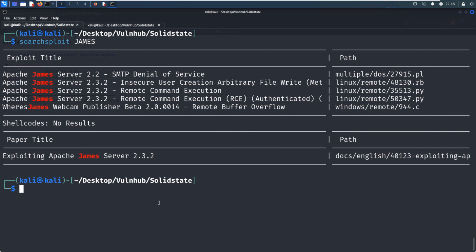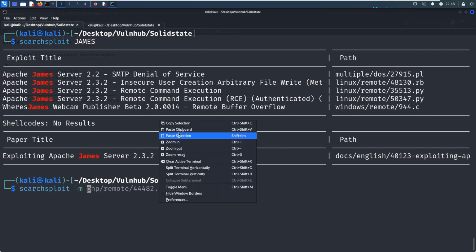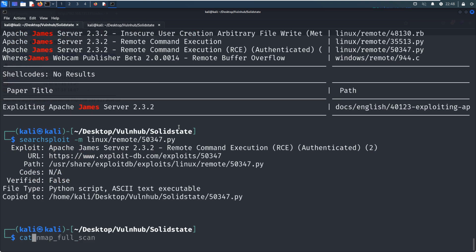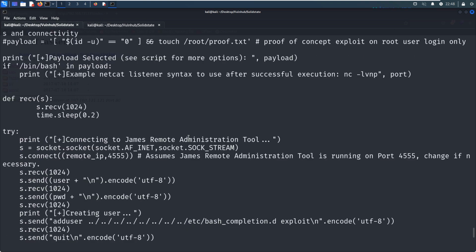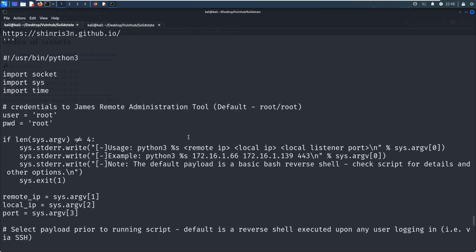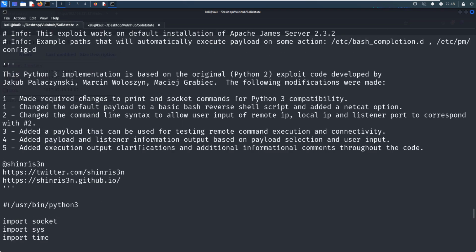The Python script, this exploit already has the credentials. We can search, and you can get this Python script. And as you can see here, there are some instructions or information, required changes to print socket commands for Python 3 compatibility.